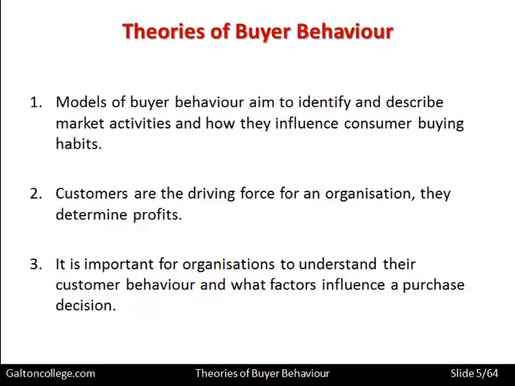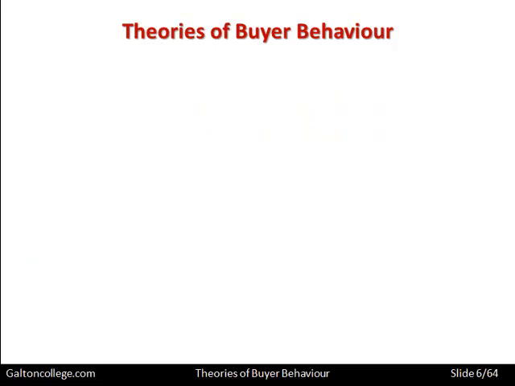So it's important that companies understand customer behavior and understand the factors that lead to the decision process to buy. And the decision process, all of the background, if you like, sub-decisions, all the other factors, all of those should be taken into account and understood, because this is what leads to a sale, and that's what companies need. Now, there are various theories of buyer behavior. Let's start with what's known as the black box model.